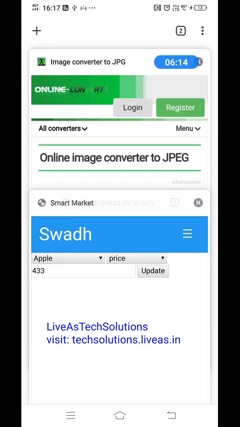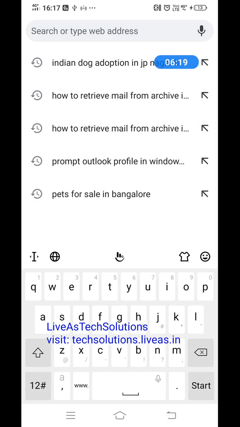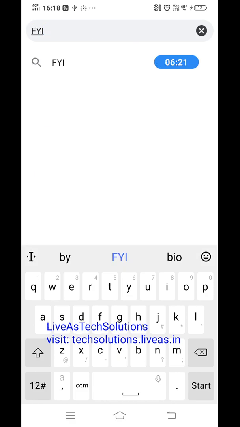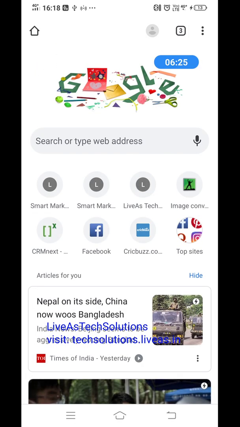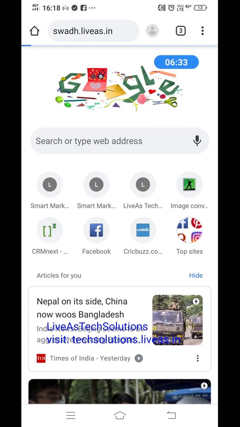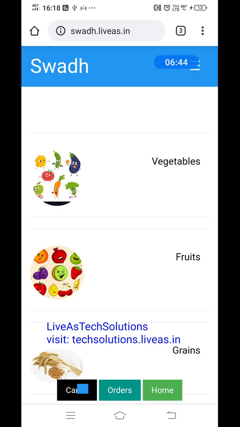If you want to see, you just open this one. Sorry, one second. Just open and see the Apple price. Fruits.